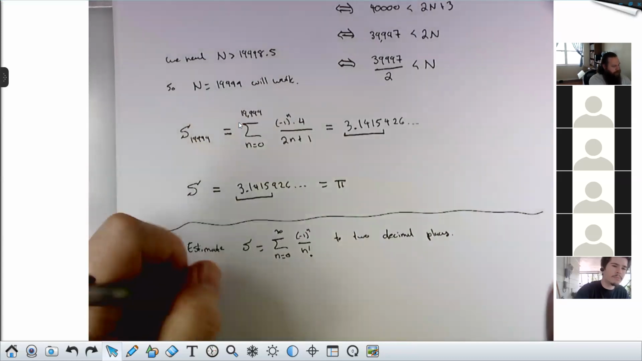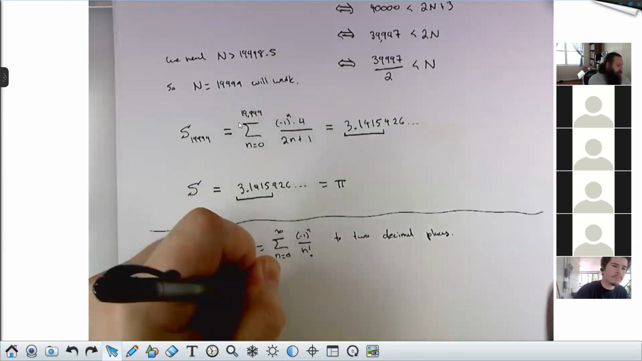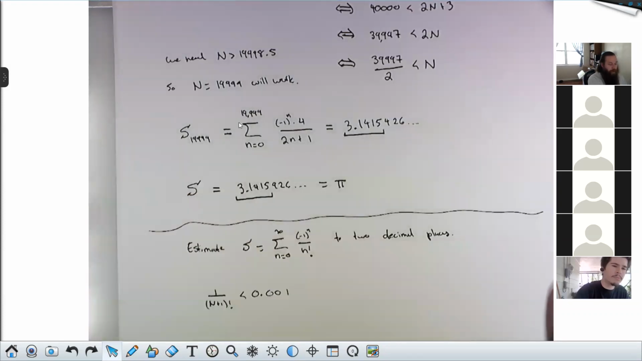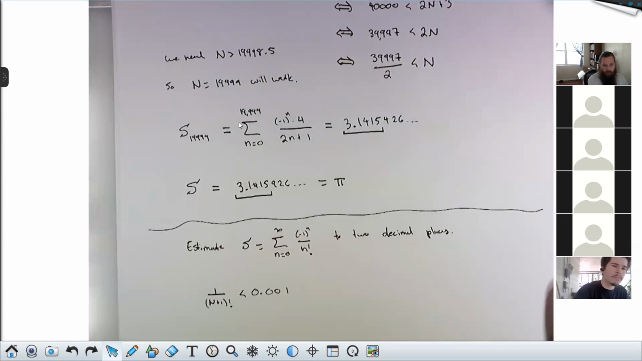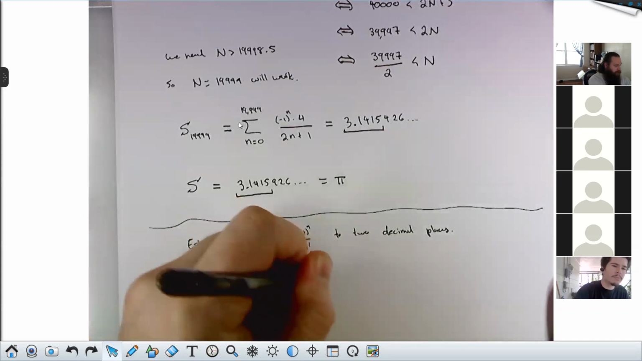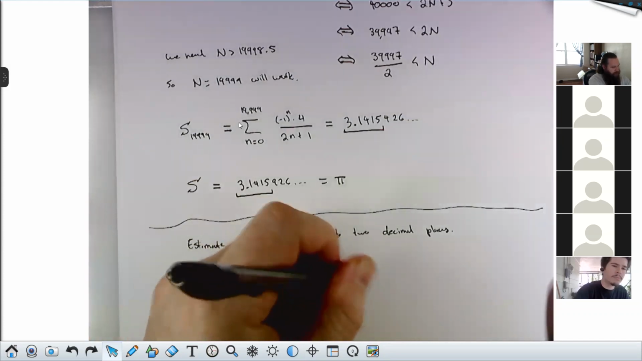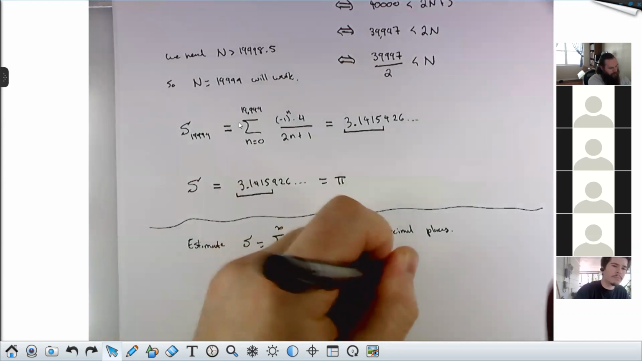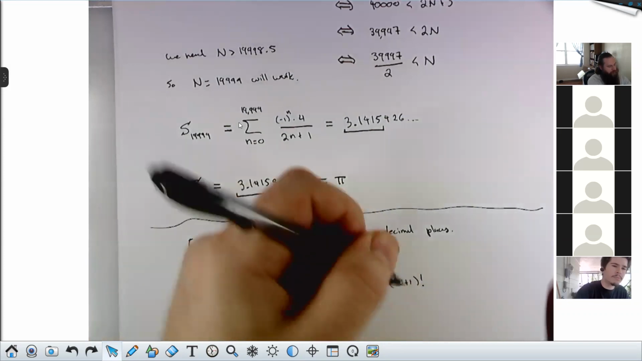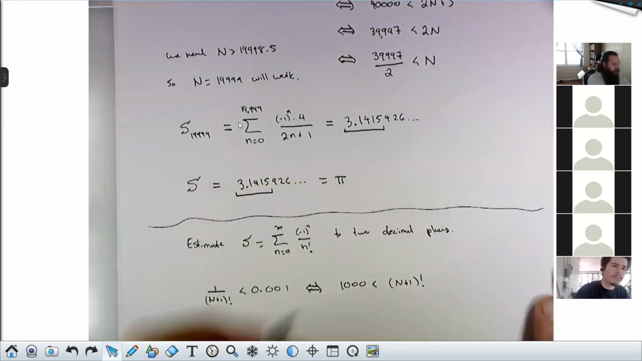Because here the inequality you would need to solve is 1 over (n plus 1) factorial is less than 0.001. And this is surprisingly short. This happens pretty quickly. This would be true if and only if 1000 is less than (n plus 1) factorial. Now the factorial makes the inequality a little bit hard to solve, but you can check with a few n